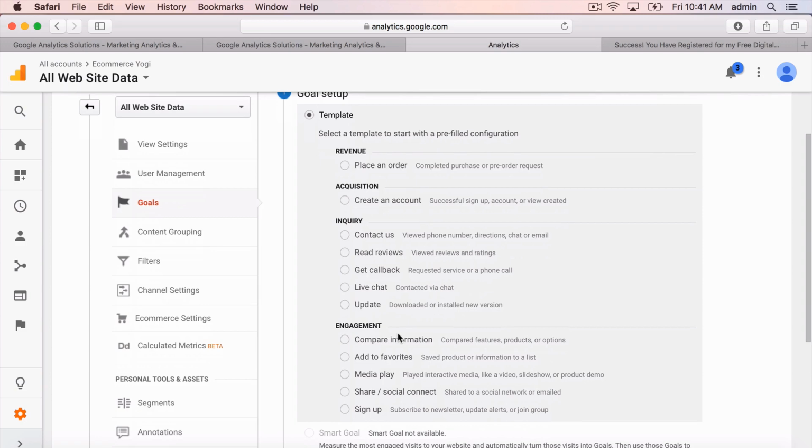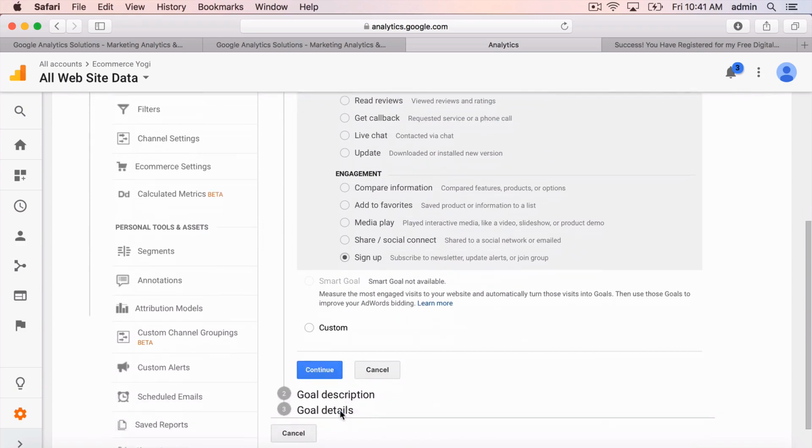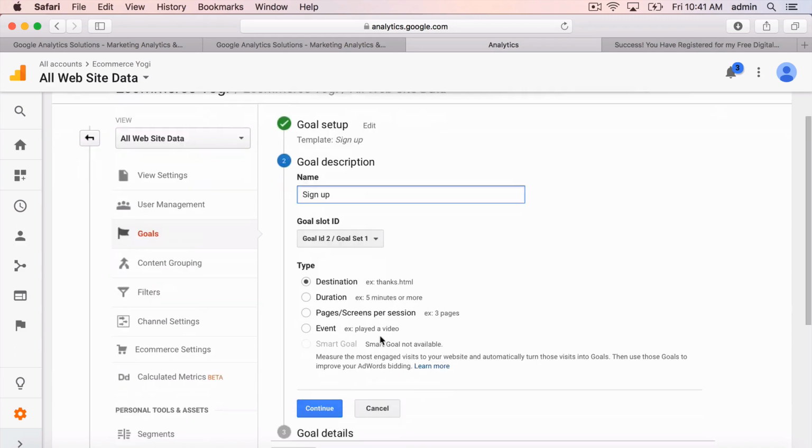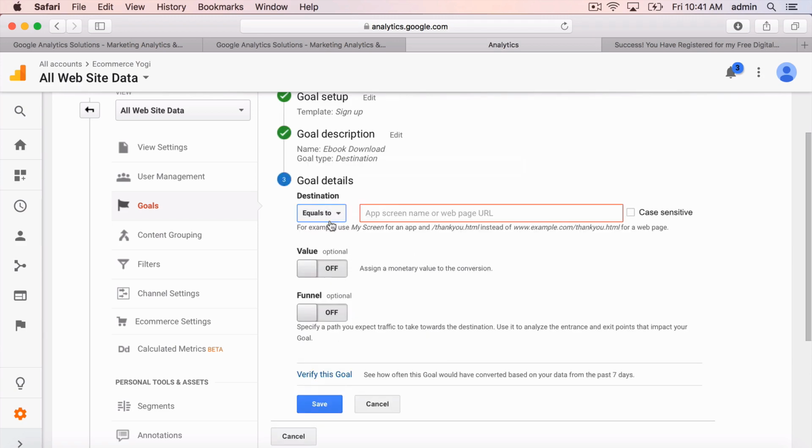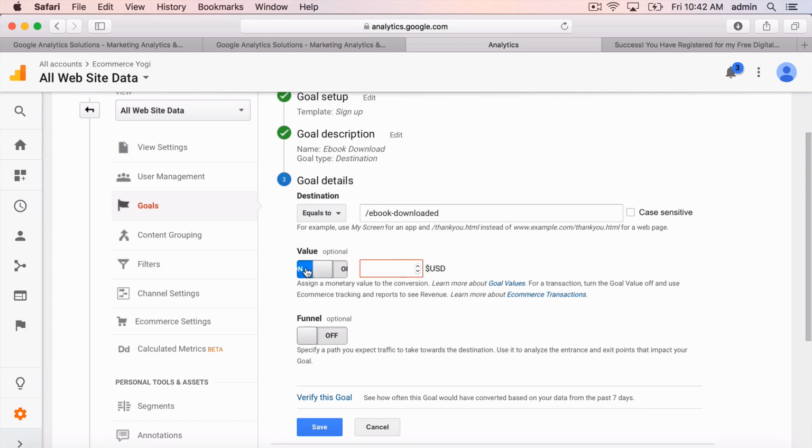So here I will say sign up, continue, again destination, I will say ebook download here, and your ebook might also have a separate conversion URL. In my case it is ebook downloaded. So once a person has hit this URL, it's like a goal conversion for me. And the value you can give somewhere below 1, because the macro conversion is 1. I will give a micro conversion of